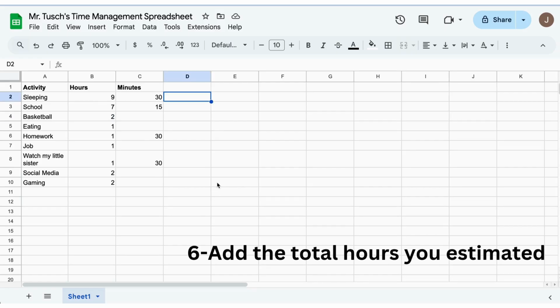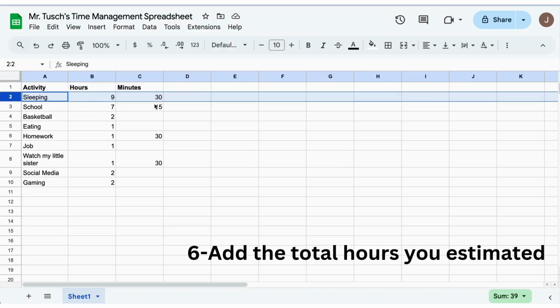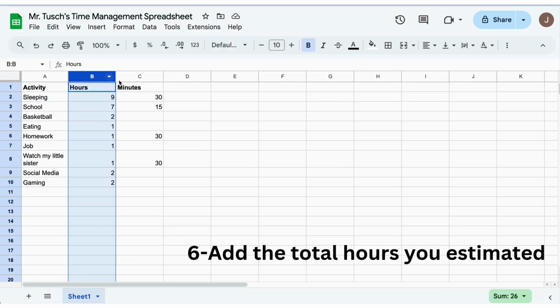For our spreadsheet, at least we got started, but now we've got to make some meaning in it, because it's just a list. It doesn't really mean much. We're going to see how much we're really cramming into our day. So we're going to add up the hours of our day and how we've budgeted them. Now, you know basically that a day has 24 hours in it. Let's see what we wrote down in our little estimate. A couple of language things. Remember, the horizontal sections right here are called rows, and these vertical sections are called columns. The other thing to remember is each one of these little boxes in the grid is called a cell.